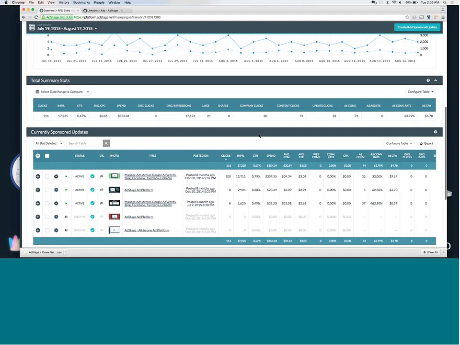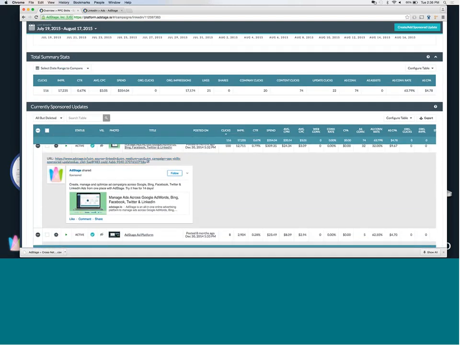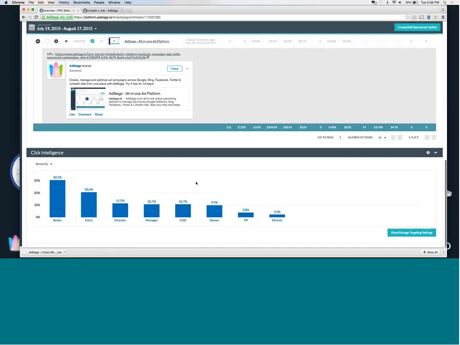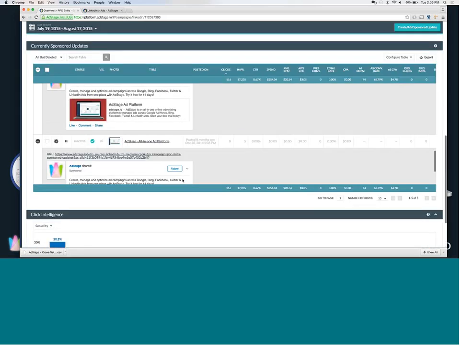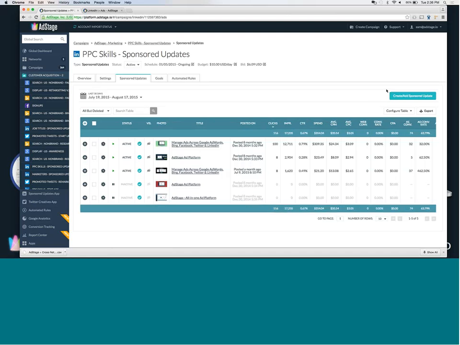You can configure those tables. You can see your top performing SEUs, which we can pivot open, and you can see them load right there with their destination URLs. And of course, you have your click intelligence, so you can see what types of folks are clicking on your ads. But a couple of the things that we tried to implement that we think work quite well are things like